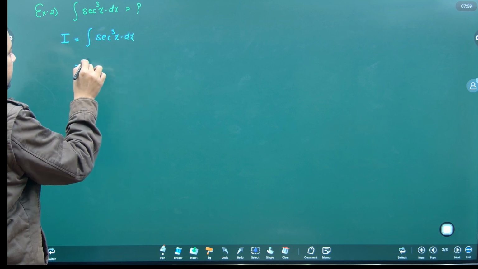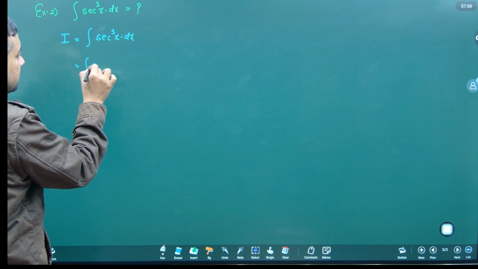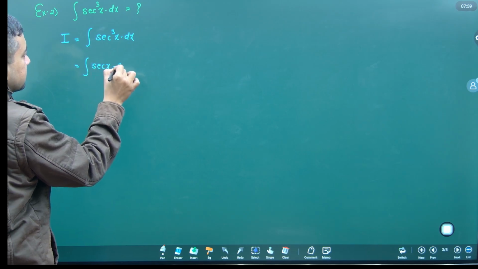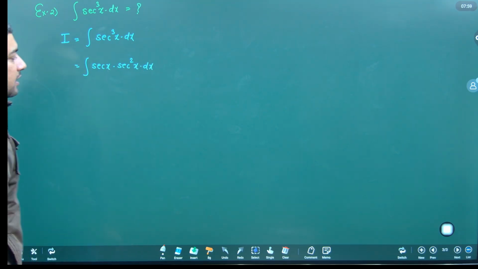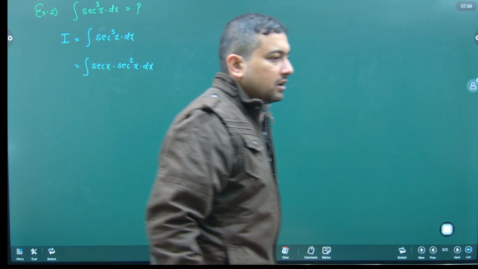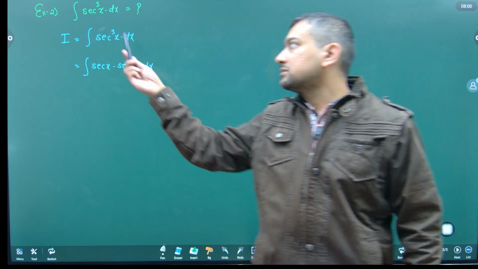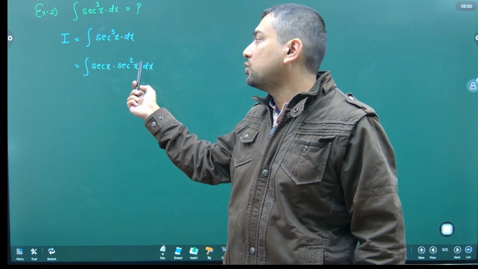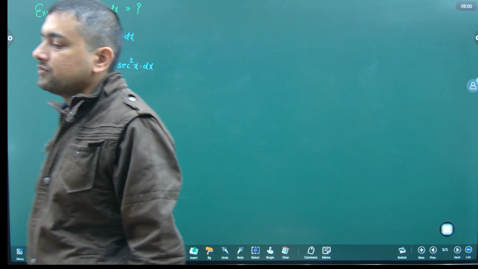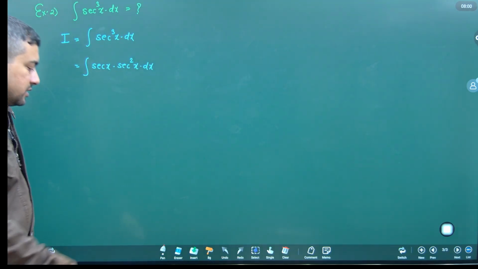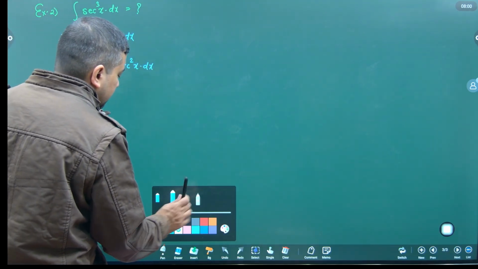See, we know the integral of sec square x, so I am splitting this as sec x into sec square x dx. Okay, now sec cube x I have split into two functions, both are trigonometric. So how will you decide which function is considered as u and which as v? For that, the simple thing is,